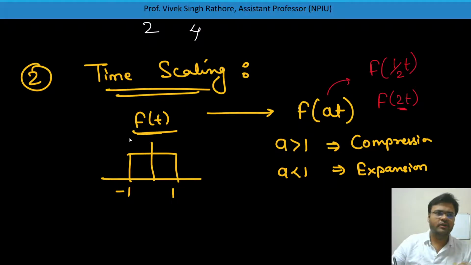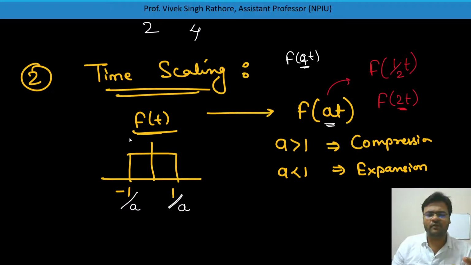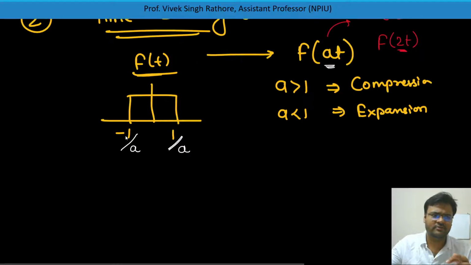First of all, you need to understand how we do it. So f(at) is there. Whenever you need to calculate, let's suppose f(2t), whatever a will be there, you just need to divide that a with this. So here one value is there in the denominator, you can put a, like 1 by a, or -1 by a. Whatever the values will be there, you just need to divide with a. Okay, you will get the answer. Like, let's see,